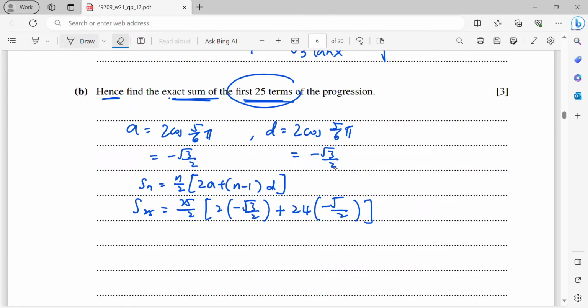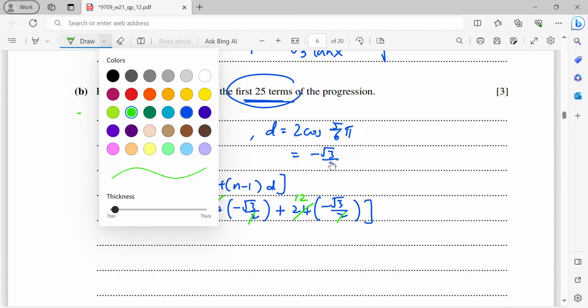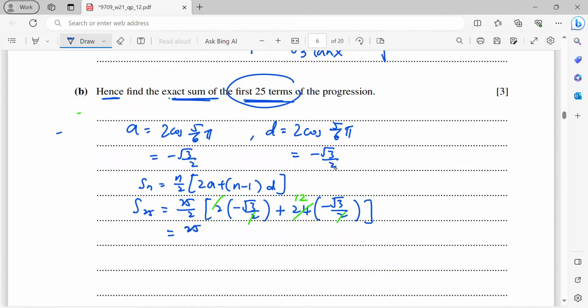Then from here, you can simplify. The 2 can cancel off. This 2 can cancel off, and this left 12. So you will be getting 25 over 2 times minus square root 3. This plus 12 times minus means minus 12 square root 3. Okay, then you will get 25 over 2 times,